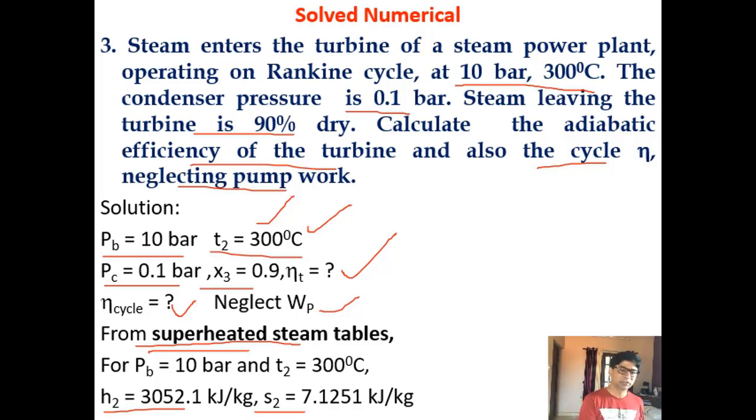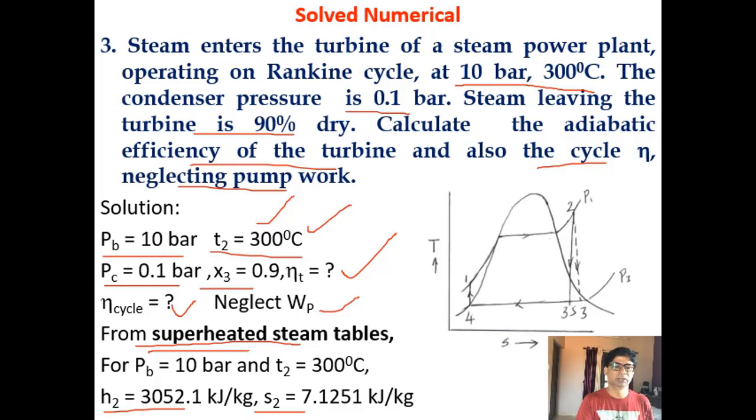The superheated steam table starts from page number 17. For 10 bar and 300 degrees Celsius, it is on page number 18. On this page, the first column is the saturation pressure (absolute), saturation temperature, and you have three values there: specific volume, enthalpy, and entropy. All of you can open the table. Now go to the 300 degrees Celsius column. The h value is 3052.1, so note that down, and the s value is 7.1251. They are nothing but h2 and s2. This is how you have to go through the tables.